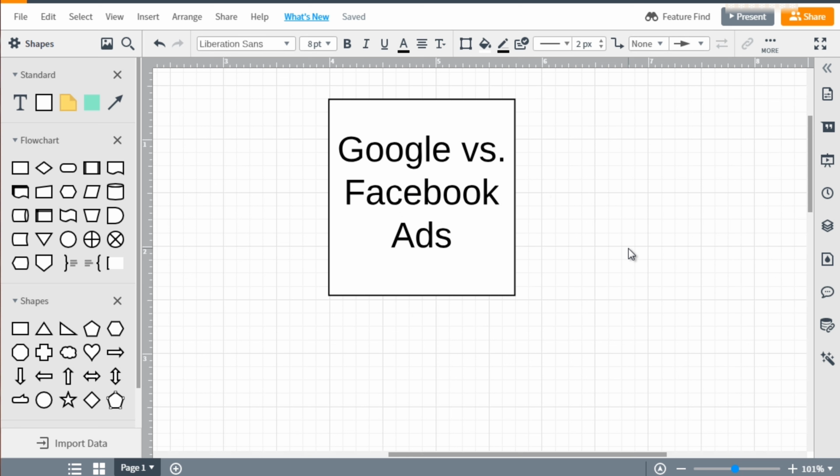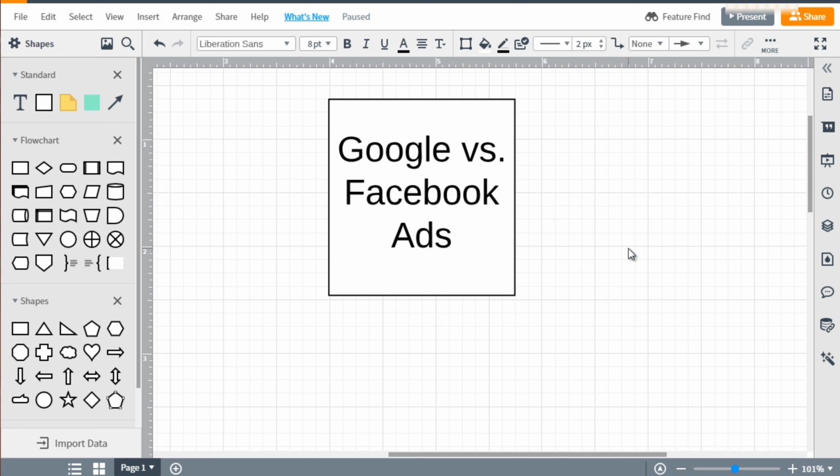So to better understand what kind of mindset you need to be in, what I want to do right now is give you a comparison so that you can understand the differences between different types of paid traffic. So we have Google Ads, which we're referring to where you go to google.com and you type in a search keyword term, and then you see the ad at the very top. As you know, Google has many different types of ads. They have YouTube ads, they have Google display, banner ads. We're not talking about any of that. We're just talking about the search ads.